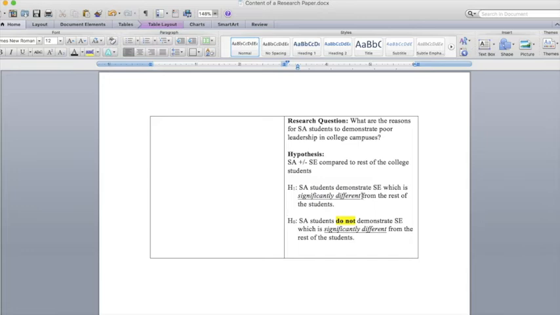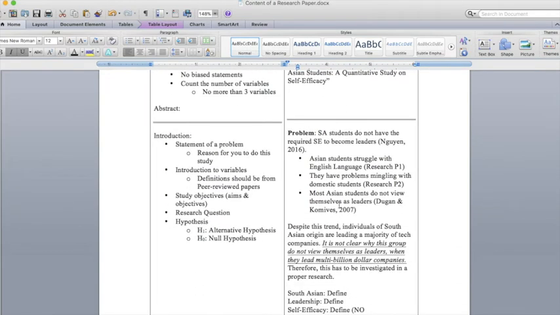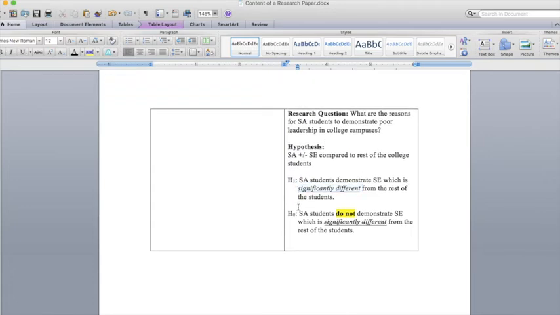But if it is a significant difference, which means if it is significantly low or higher, then you have found something, because you have said there is an issue here. Ideally, it has to go up, then your problem would have some legitimacy. If it has gone down, then you pretty much agree with these guys, right? So this is your hypothesis 1, your alternative hypothesis, and this is your null hypothesis. If your findings do not demonstrate anything new and pretty much say this, then you are accepting your null hypothesis, which means your research has been pretty much a waste of time, because this could happen only due to 2